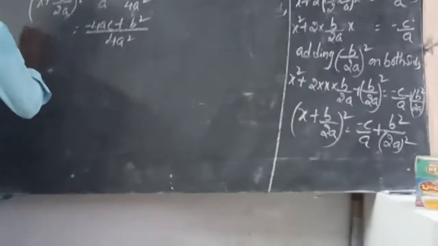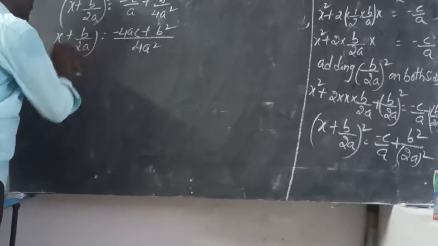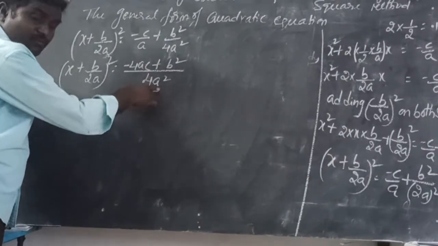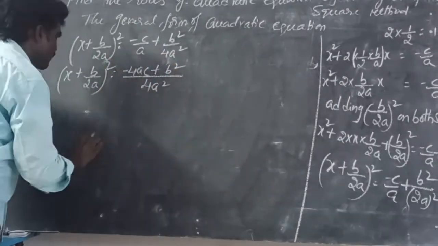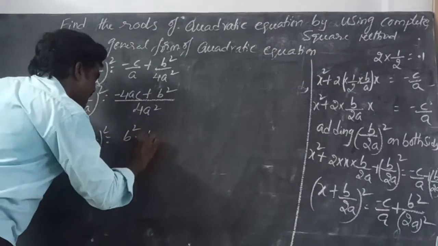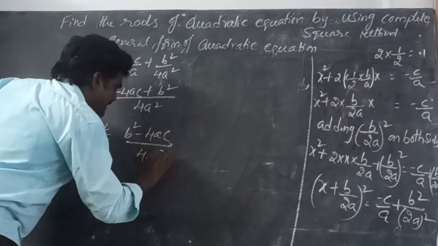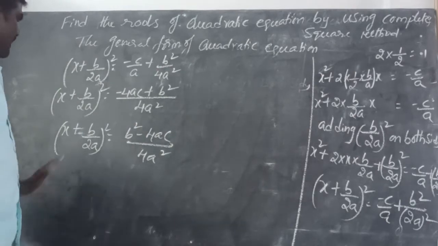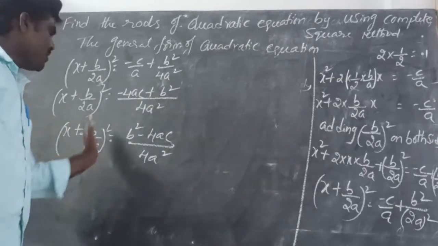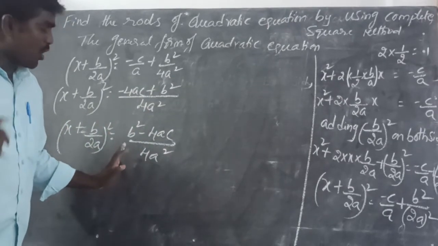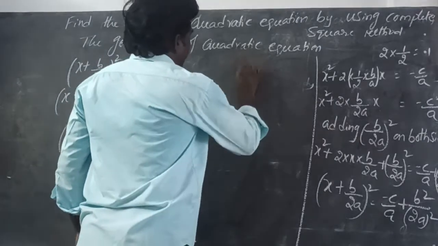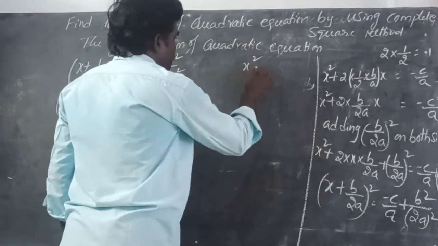Okay now. So here x plus b by 2a whole square is equal to minus 4ac plus b square by 4a square. So this one you can write in order form, that is x plus b by 2a whole square is equal to b square minus 4ac by 4a square. This square is going to the right side, what happens? Root. Okay, when the square goes to the right side it becomes root. How many signs are there? Two signs. What are they? Plus and minus. Why? Because here x square. In the place of x we can put 1.